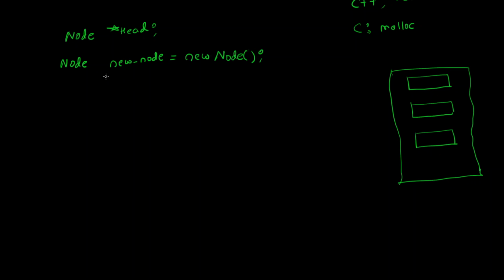So what I've done is, I've just written this code. Let me explain what it is actually doing. This is the new node right here. What is actually happening is that it is finding a memory in the heap, and then this new node is assigned that memory, that address actually. So this new node will be pointing to this address.